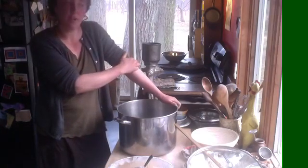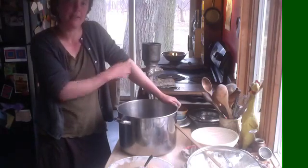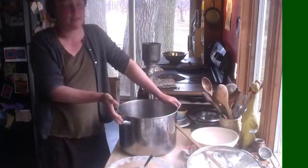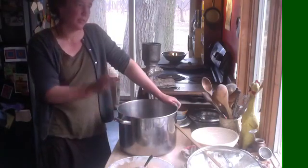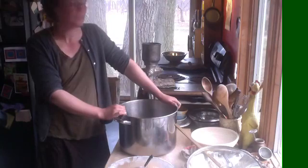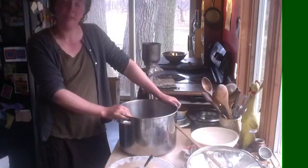I like to salt my beans as I'm cooking them. So I add the salt in at the beginning because I think it kind of lends to a more flavorful bean in the end. Some people salt at the end, which is also fine. But I think it's nice if the broth and the beans are all sort of salty the whole way through. Nice balance. And then from there on, you can just pull them out of the freezer or the fridge